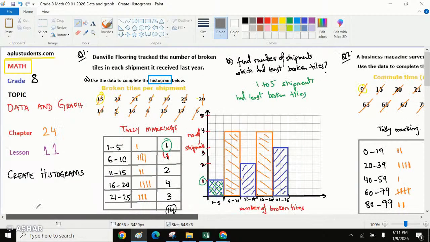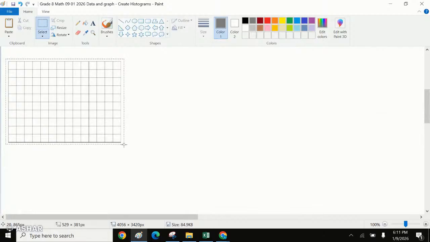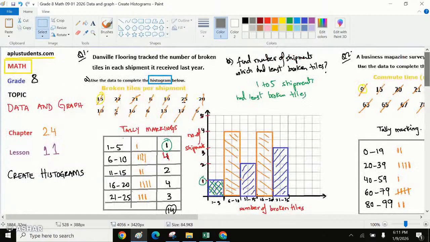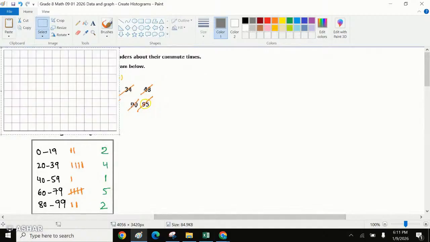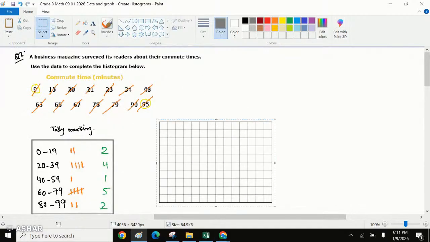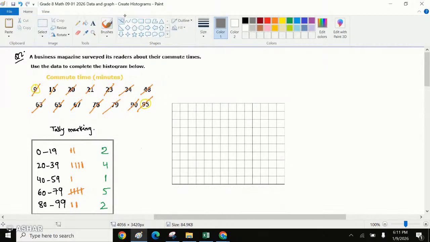I'll just pick up a blank grid so that we can use it for our drawing. Okay, let's say we have the grid over here. What should be on the horizontal axis? See, we are looking at two different things in the question, right? What we are looking at is time, and the range of the time. So on the x-axis, we can take the time, right? This could be time in minutes,